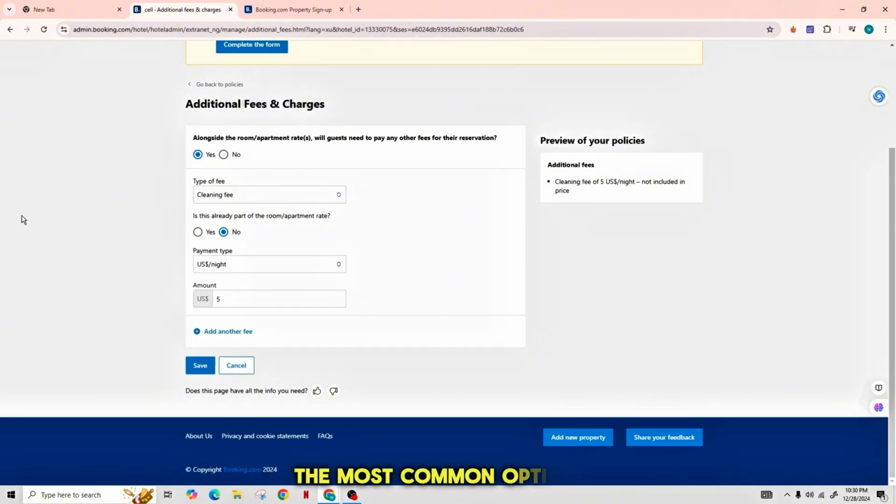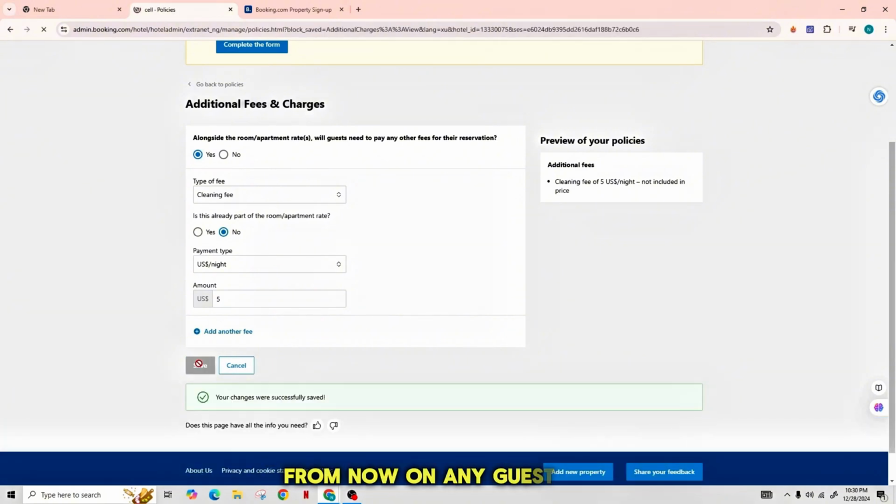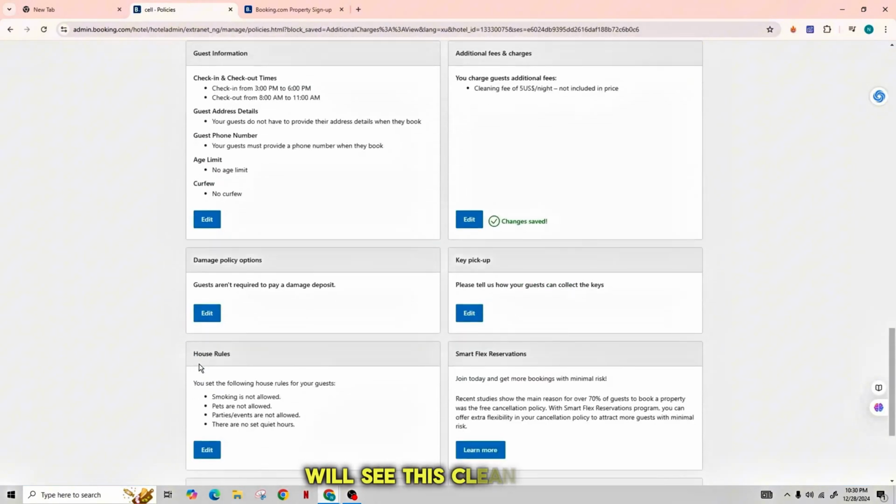The most common option is to charge a flat fee per stay. Enter the amount you want to charge and then click on Save, that is highlighted in blue color. From now on, any guest who books your property will see this cleaning fee displayed separately while reviewing the total